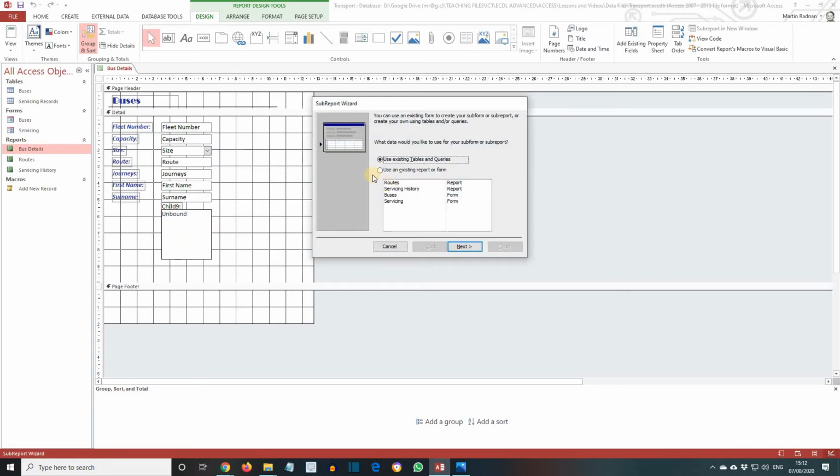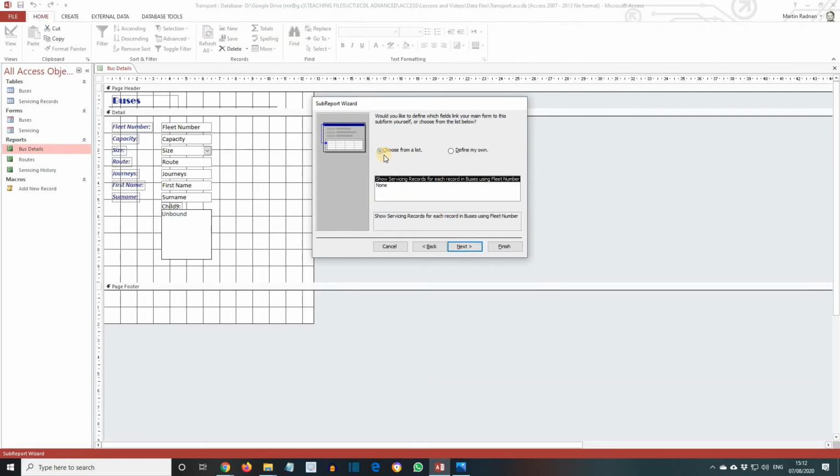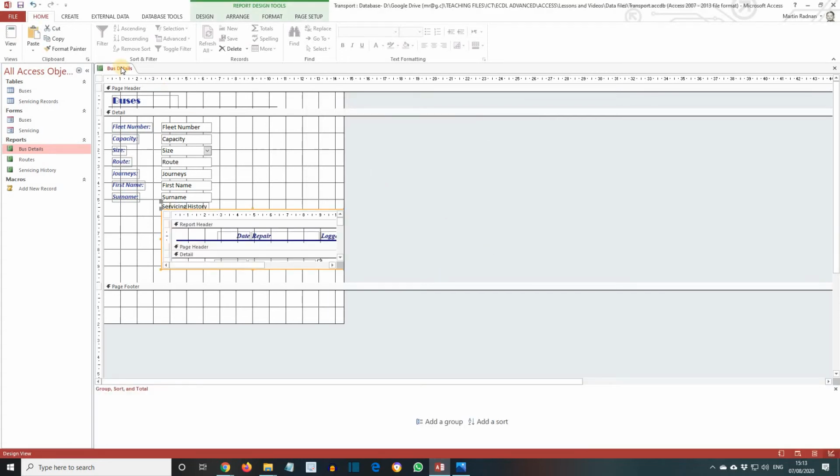From the Subreport wizard, select to use an existing report or form, and select the Servicing History report. Click Next. Select to choose from a list and select to show servicing records for each record in buses using fleet number. Click Next and accept the subreport name Servicing History. OK, let's click Finish. Save the report